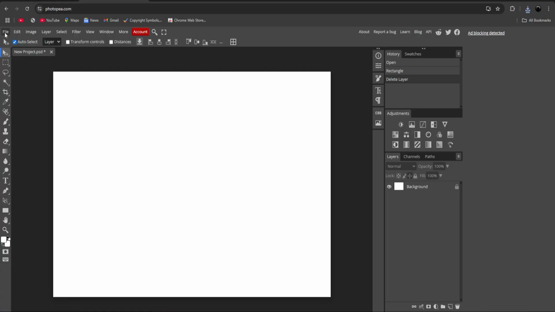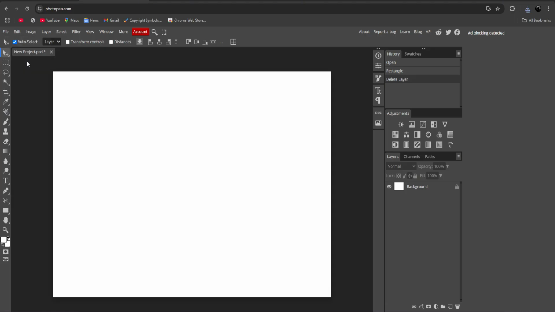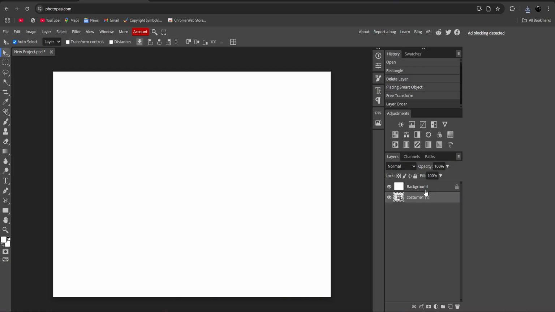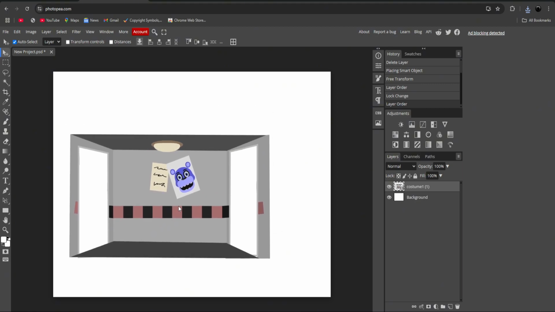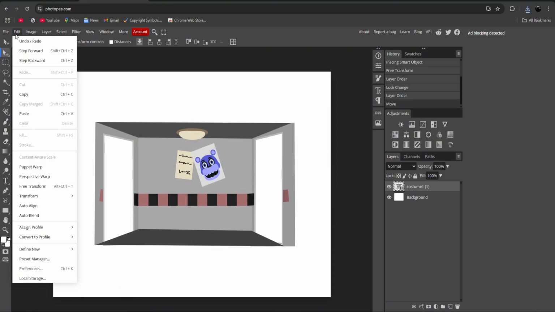and you want to click where it says file. It's going to be on the top left up here, and click on open and place, and then click on your costume, and you gotta go up here and put it on top. Let me unlock it first. There you go. Now we have our background,